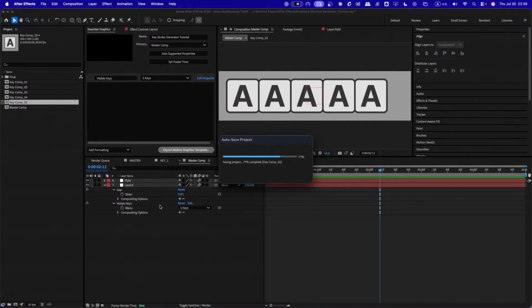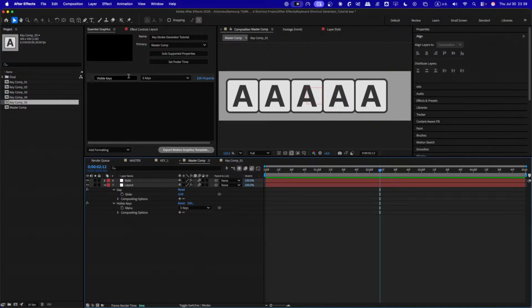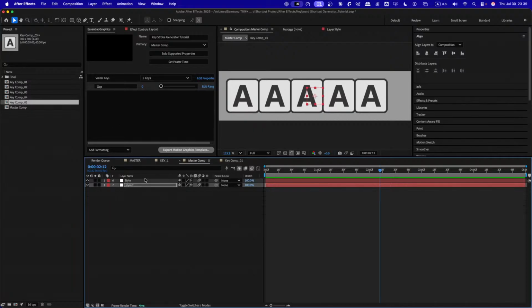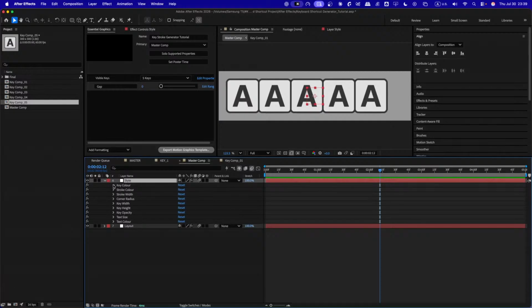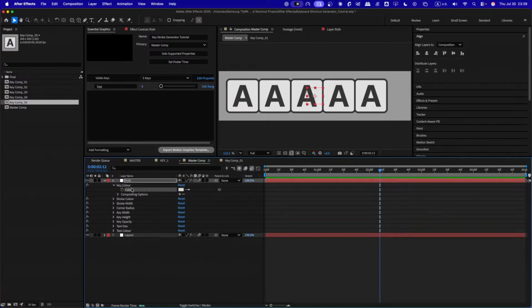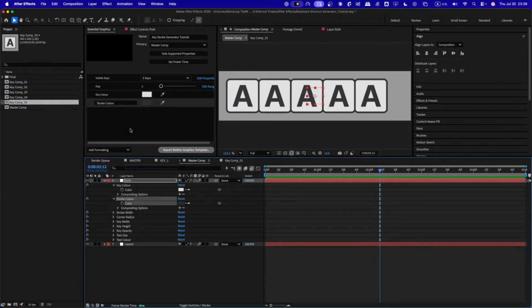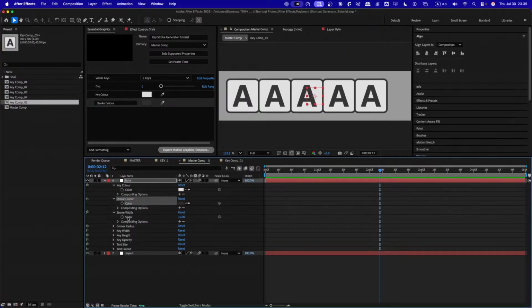Since I had renamed the thing already, I don't want to change anything here, so it will work as smooth as possible. So next one, the gap, I'll select and drag this slider as a gap. Then I'll go to styles, press E on my keyboard, open up the style properties and change it to the key color. I mean, drag this key color here. The next one, again do the stroke color same, next stroke width same,